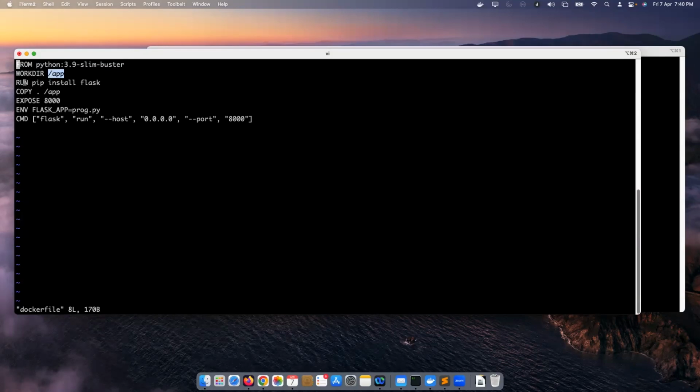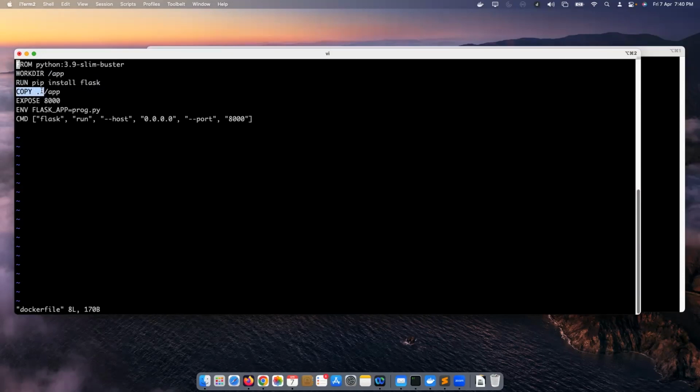Then you did a RUN pip install flask, which is basically downloading the dependency for my application, and for my current application it's Flask. You might come across a scenario where you have hundreds of dependencies. So you can always write a requirements.txt and do pip install -r requirements.txt. It will take all the requirements from that file and download them.